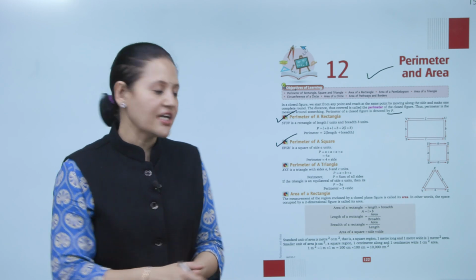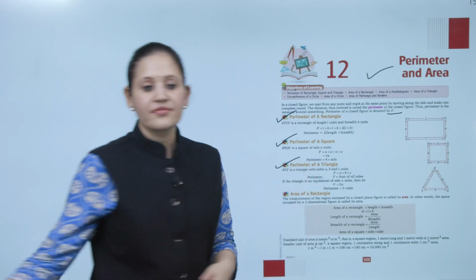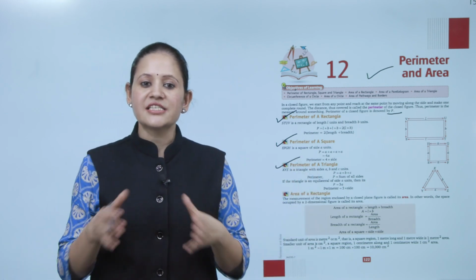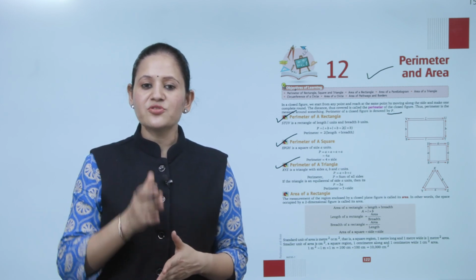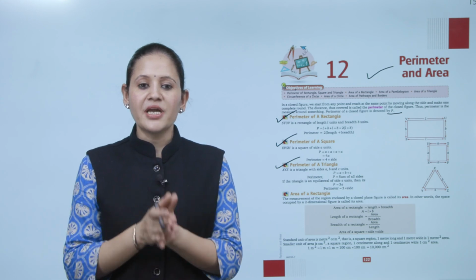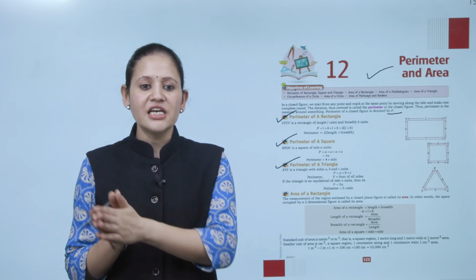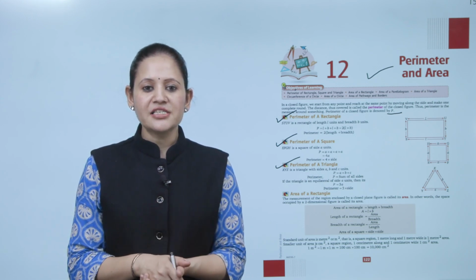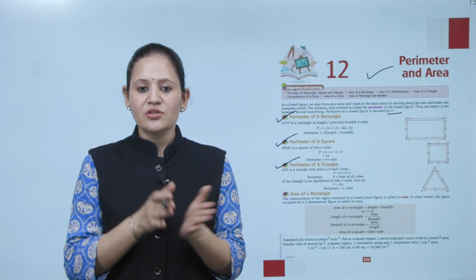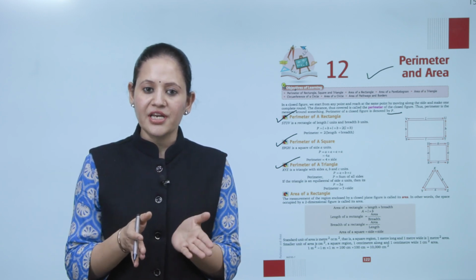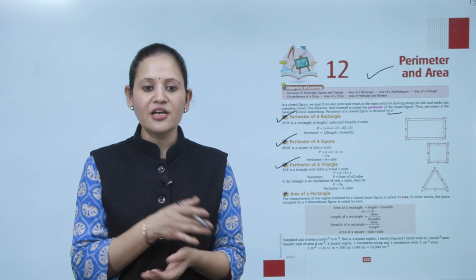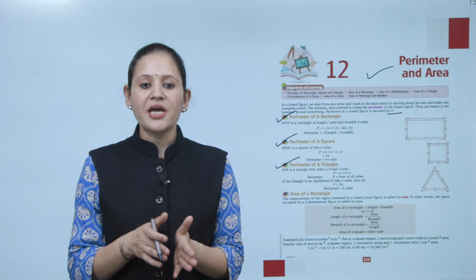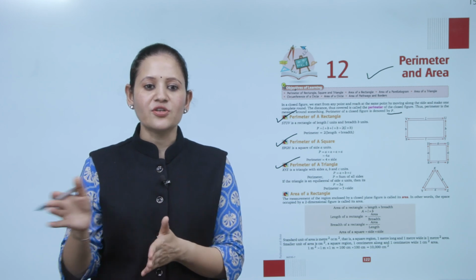Next is perimeter of triangle. XYZ is a triangle with sides A, B and C unit. So perimeter हो जाएगा A plus B plus C. So perimeter equals the sum of all sides. If the triangle is an equilateral triangle, तो side क्या है, वहाँ पे A unit given है. Then perimeter equals क्या हो जाएगा 3A, because in an equilateral triangle all three sides are equal. So perimeter of equilateral triangle is 3 into side.